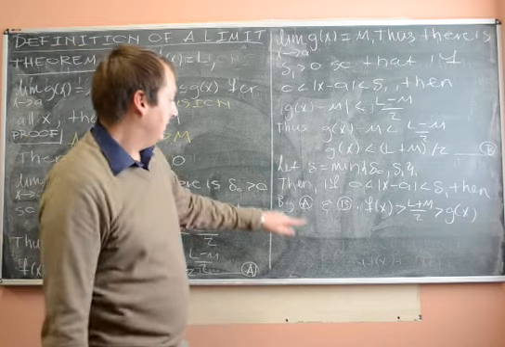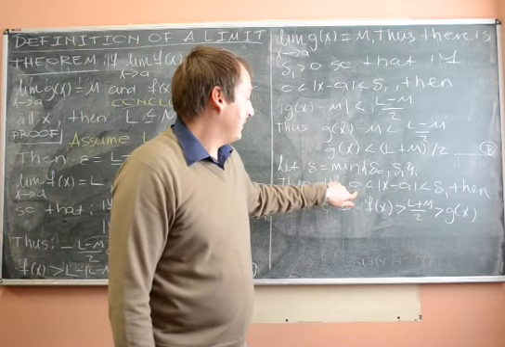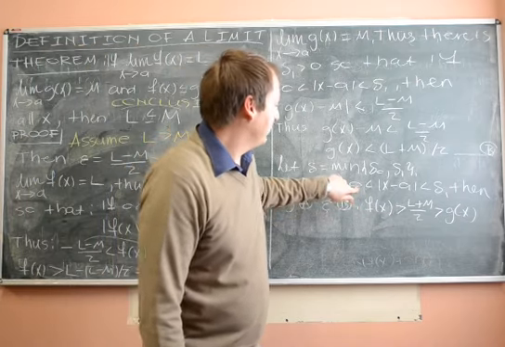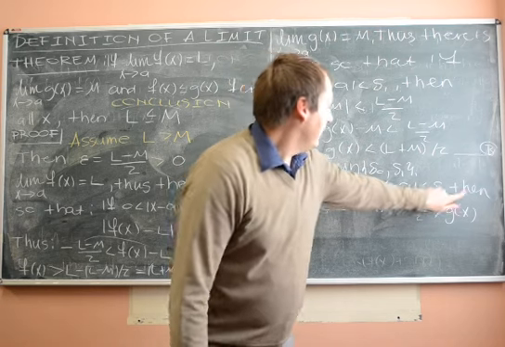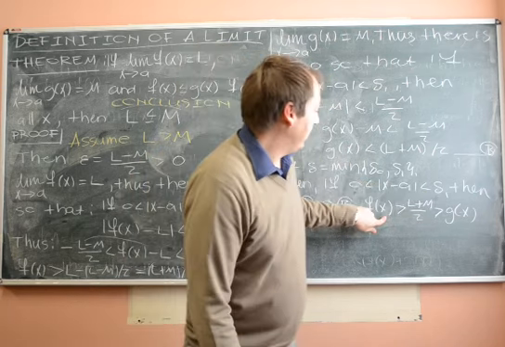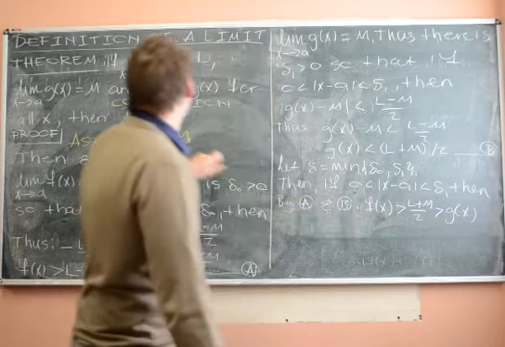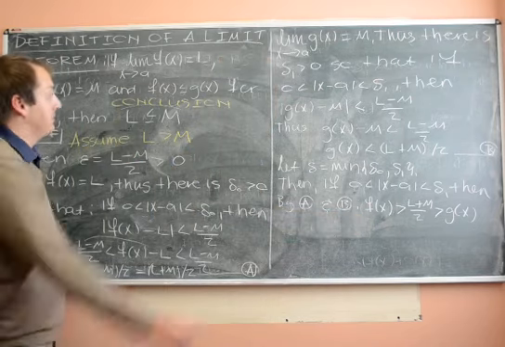So we see that if absolute value x minus a is between 0 and delta, then f of x is bigger than g of x. We see that's a contradiction,